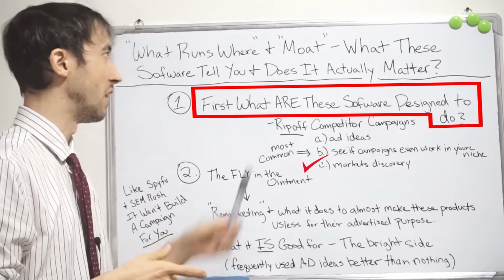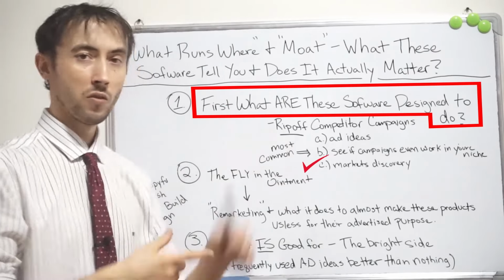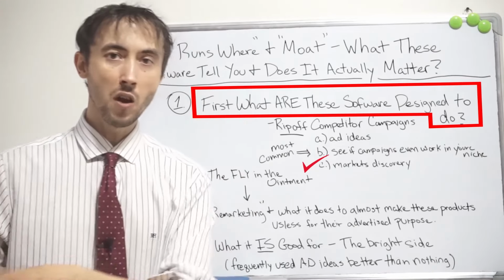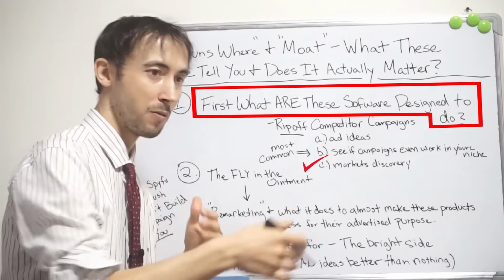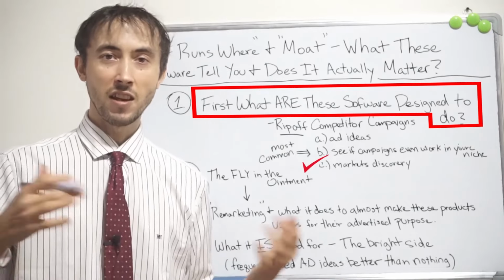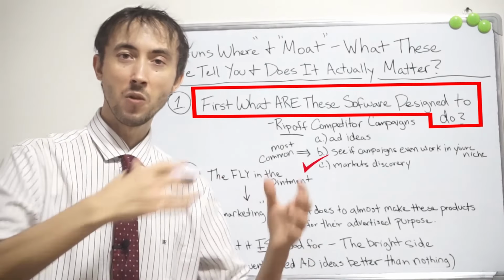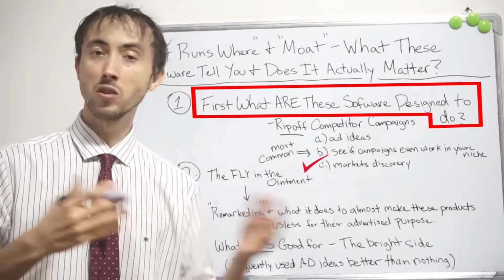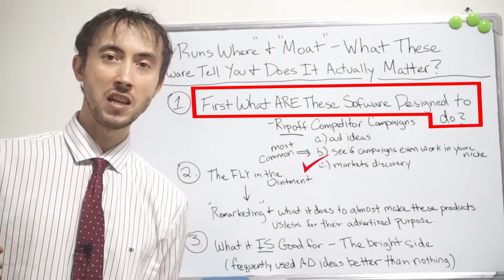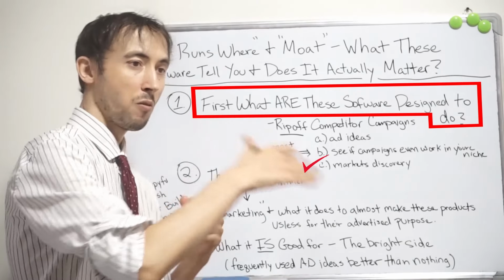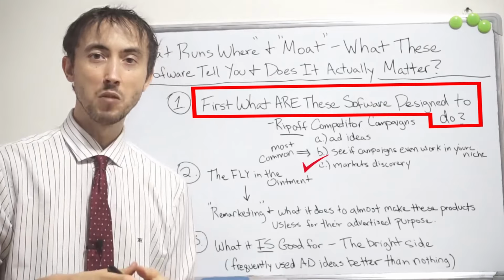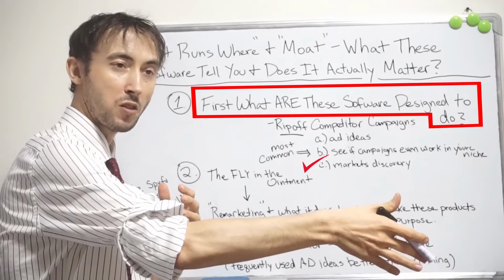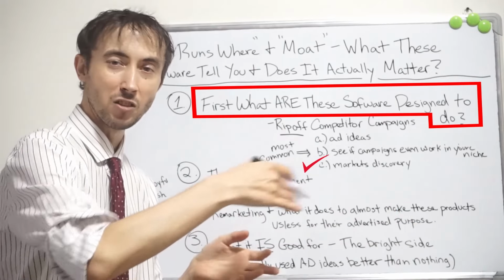There's sections on WhatRunsWhere, as with Moat: most common ads, new movers, and you can just find new markets to tap into if you're that kind of entrepreneur that just likes to, they're not a person in any one business. They like to get into new things, new technologies, stuff that's so new that there's not an established market yet, but somebody ultimately found a new product to offer that's really hot at the moment, and therefore the advertising's super powerful. You can find it first before anybody else does, or basically second, because you want to be the second